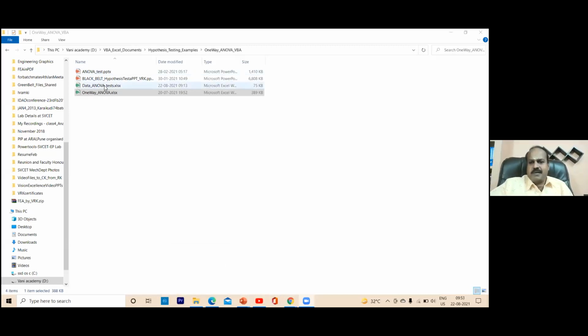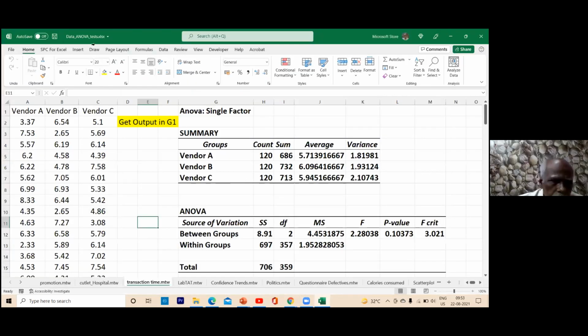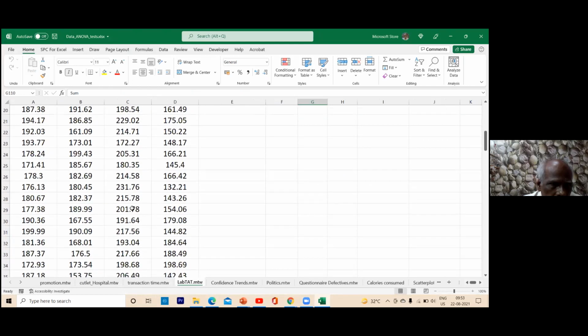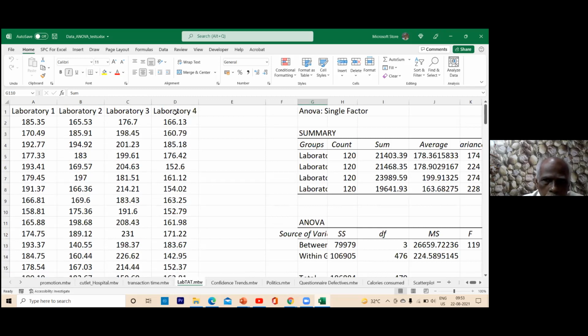So you see this here? Yes, sir. So transaction time, vendor A, vendor B, vendor C is there. And then there is another problem also here, lab data. What we will do is, this is the problem on laboratory 1, laboratory 2 reporting time.